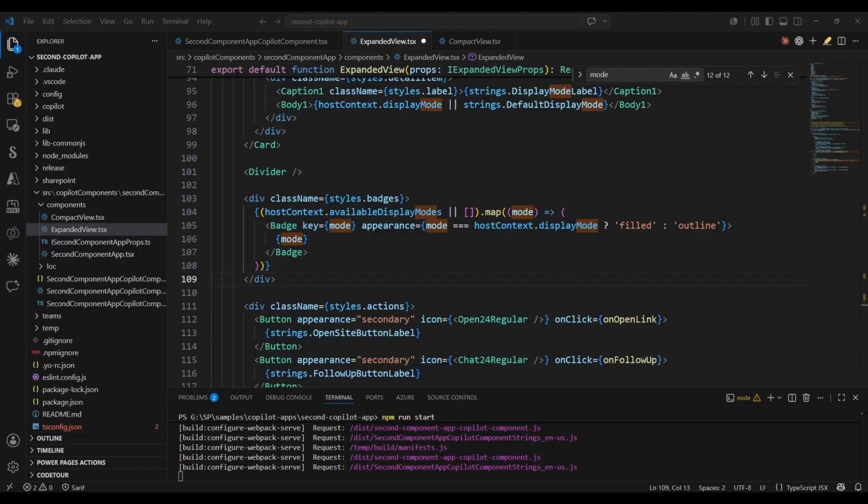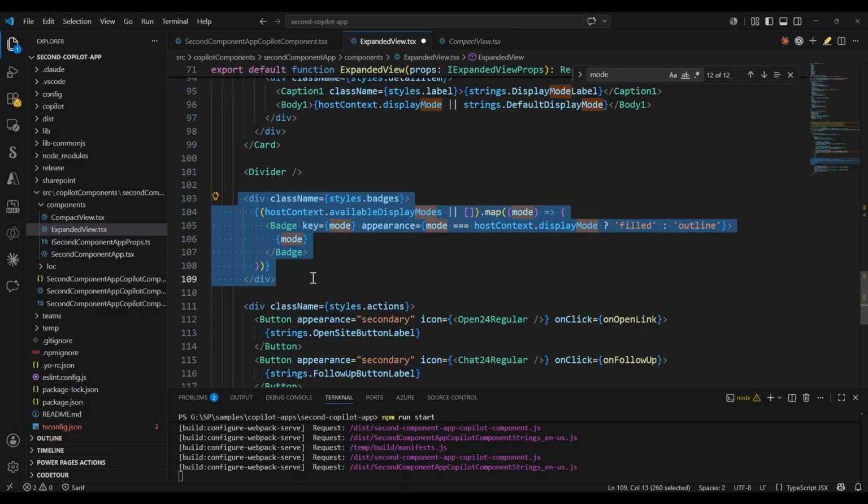Yeah, so this kind of thing will not work on the local workbench, because in the local workbench we will not get the actual values being passed, and hence this particular piece of information. But this is just to show you that whenever you want to show a badge of the mode and compare it with display, you can basically get the values, and you can control and show different types of